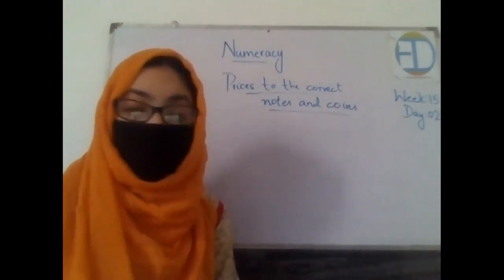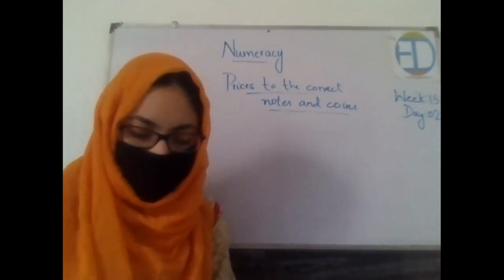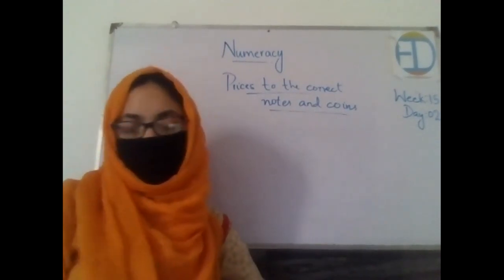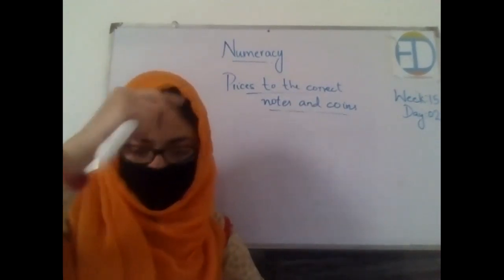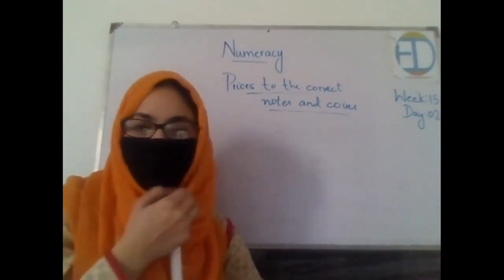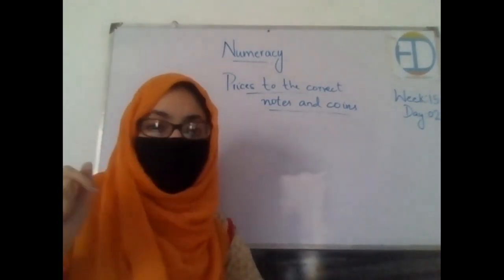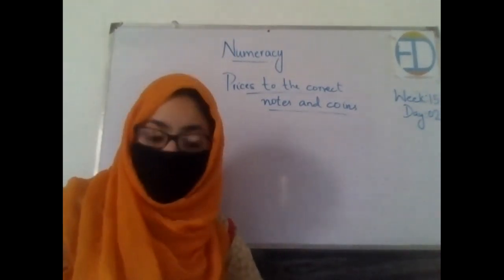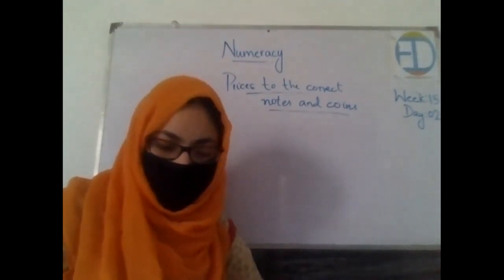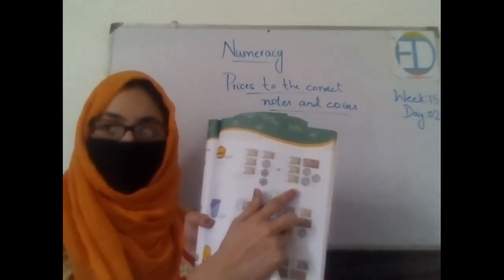On one side, we have 4 notes of 10 rupees, which makes 40, then 5, 45, and then 2 of 2 rupees coin, which makes 49. This is not the correct answer. Let's look at the next one. 3 of 10 rupees, which means 30, 1 of 20 rupees, which make 50, then 2 of 5 rupees, which makes 60, and plus 5, 65. This means that the second option is the correct one, right?